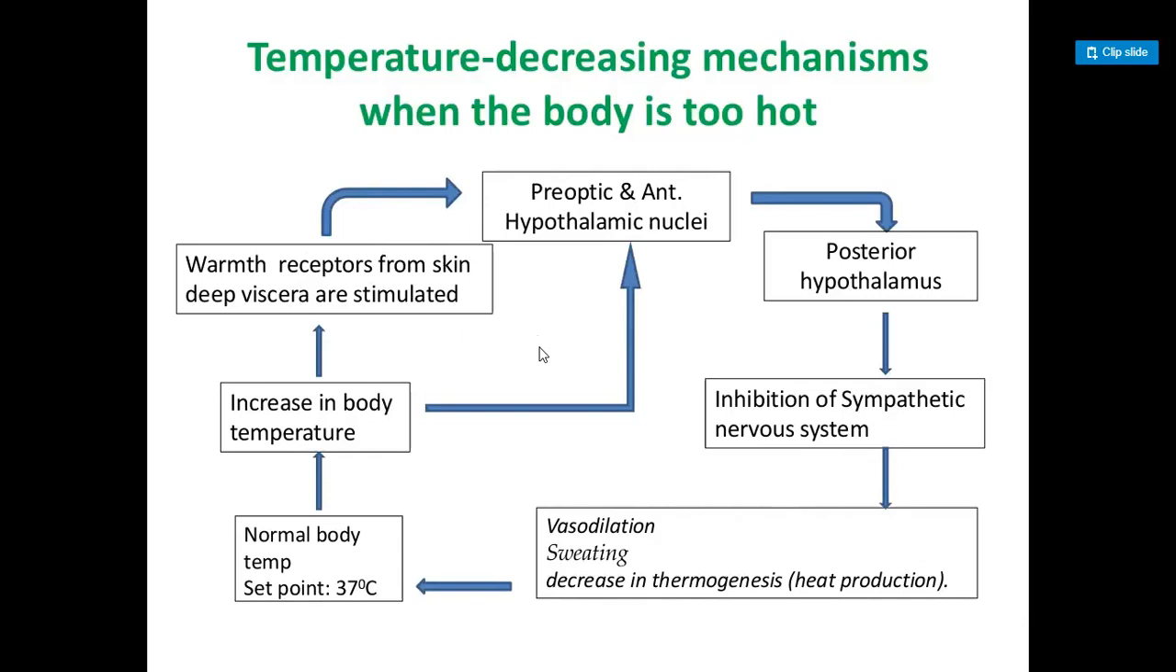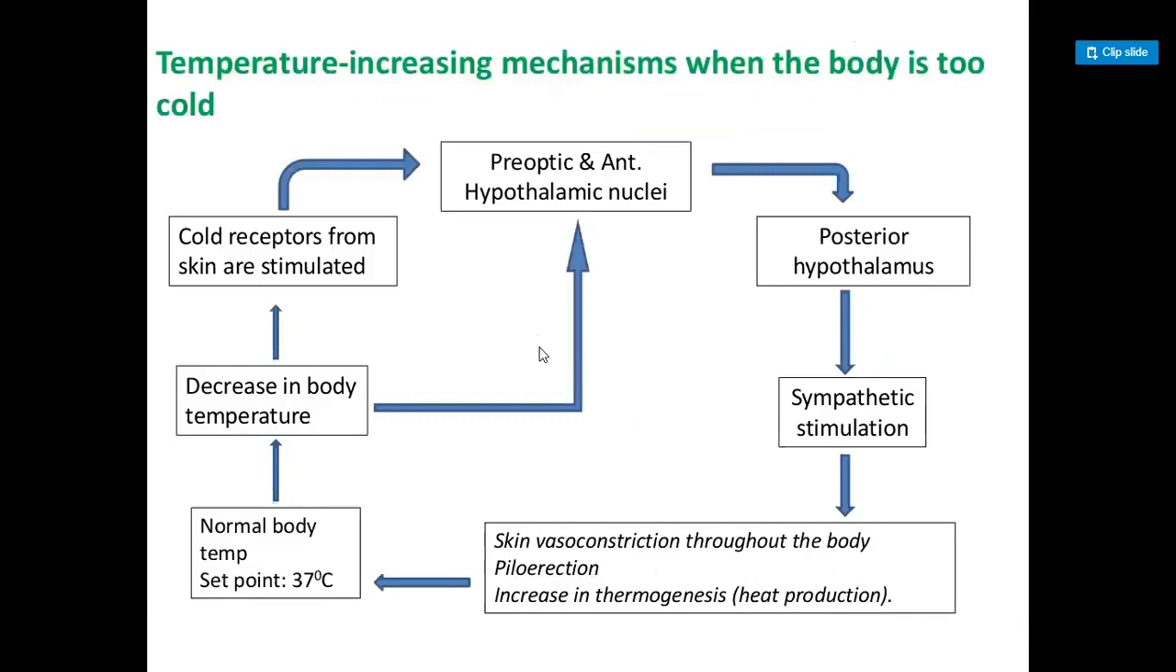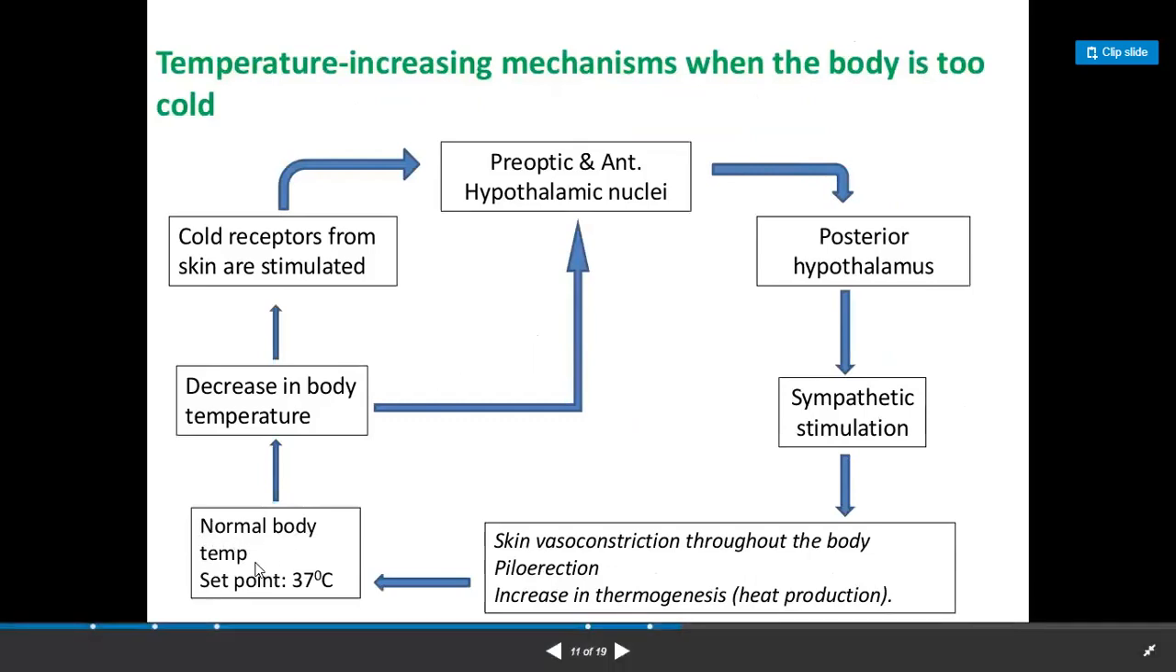Okay, good. Perfect. Now, this is the temperature increasing mechanism when the body is too cold. So now you are cold. This is your normal body temperature. The set point is 37. Something happened and there was a decrease in body temperature. Cold receptors from the skin are stimulated, and they stimulate the preoptic and anterior hypothalamic nuclei, which send impulses to the posterior hypothalamus. And this posterior hypothalamus now has to stimulate the sympathetic nervous system. The sympathetic nervous system increases the secretion of epinephrine, norepinephrine,